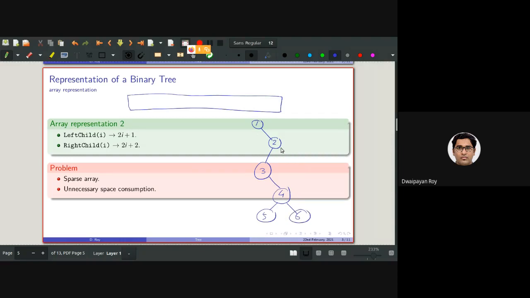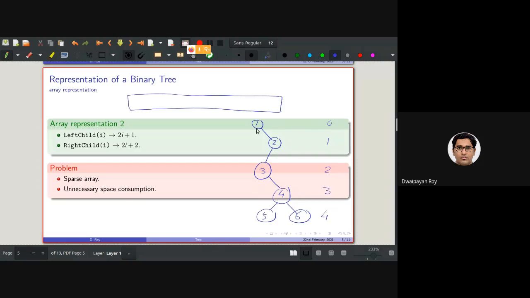This is a binary tree, right? Because every node either has one child, two children, or no children. So the levels are 0, 1, 2, 3, and 4. So the level of this tree is 4.